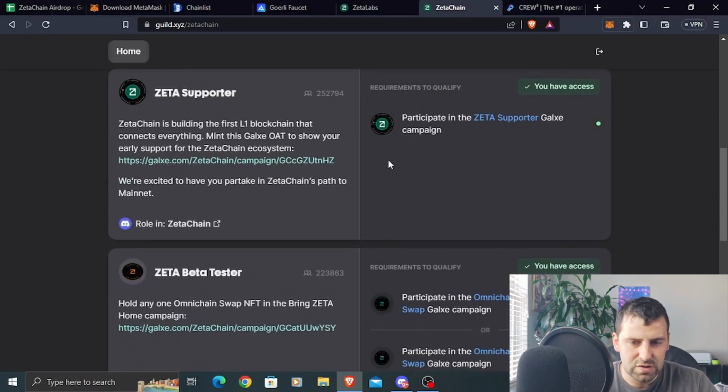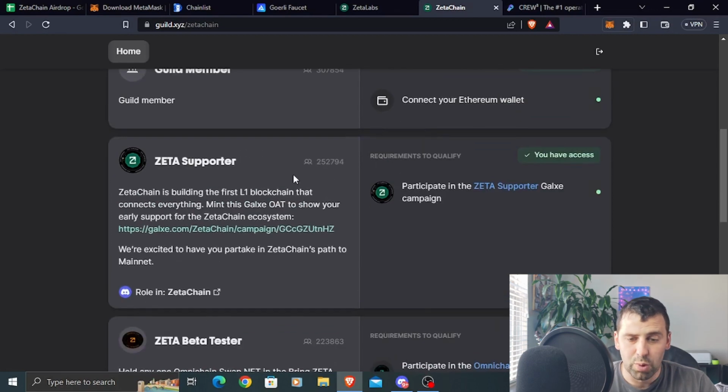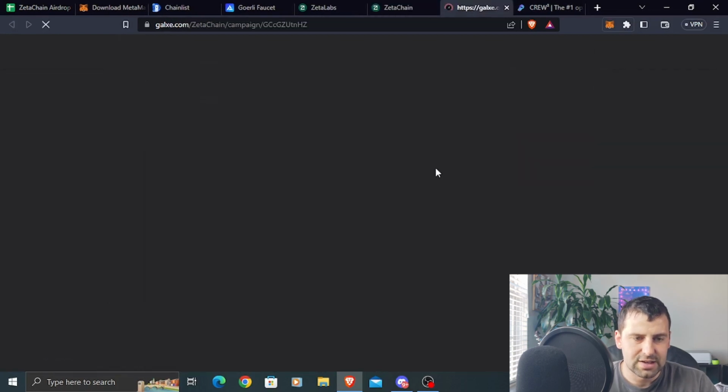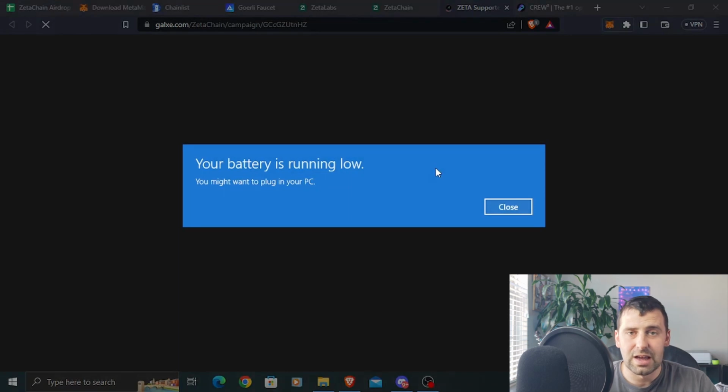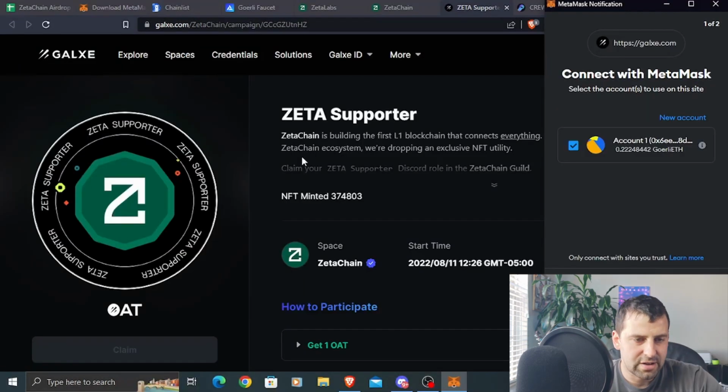And the next step is going to be Zeta supporter. So if you haven't completed this task, it's going to say that you don't have access. I already have access because I completed this task. But in order for you to do that, you're going to click on this link, which is a Galaxy link, and it's going to take you to the tasks that you need to complete, and then you can mint Zeta NFTs. So once you're on the galaxy.com page /Zetachain, you're going to need to connect your